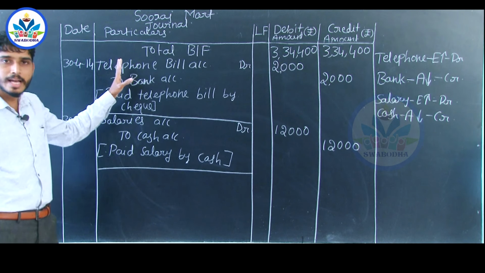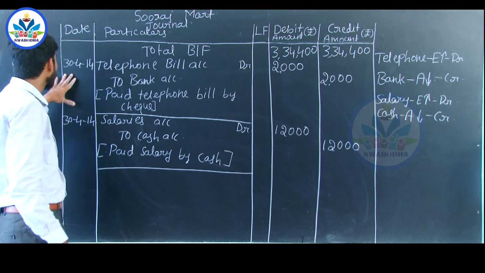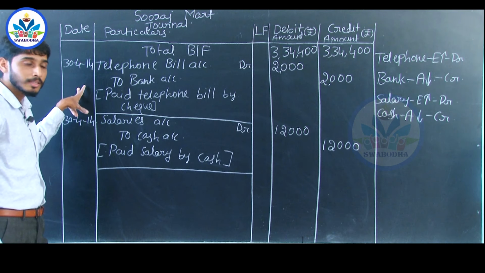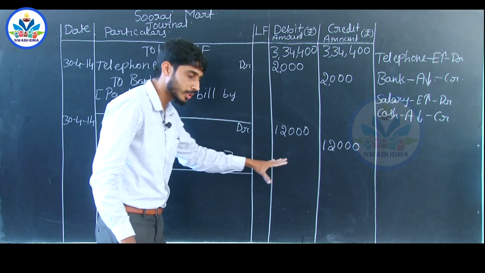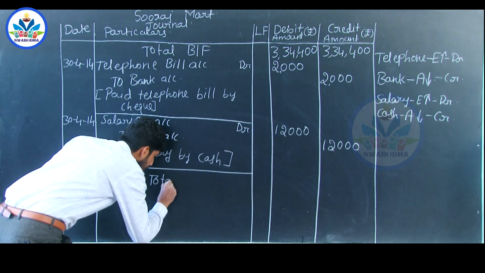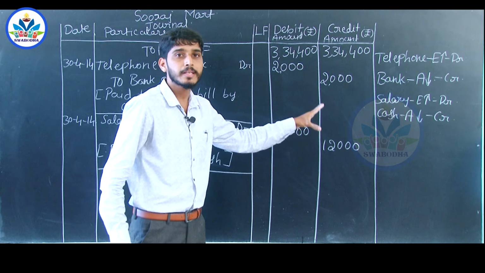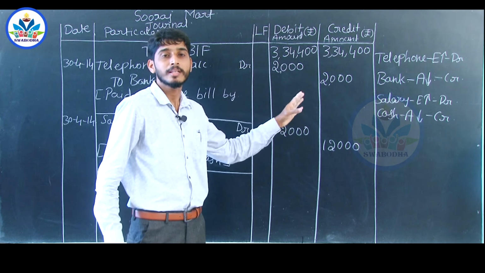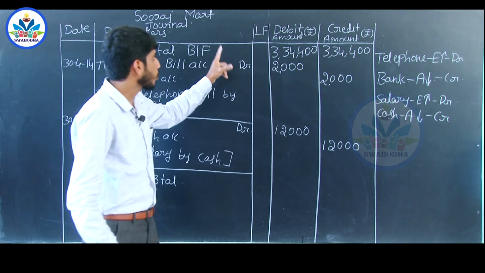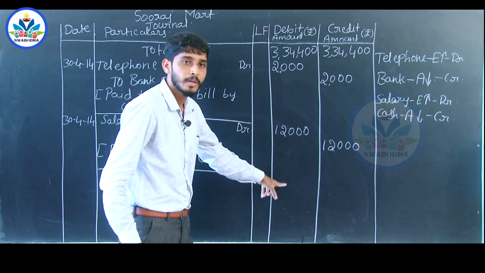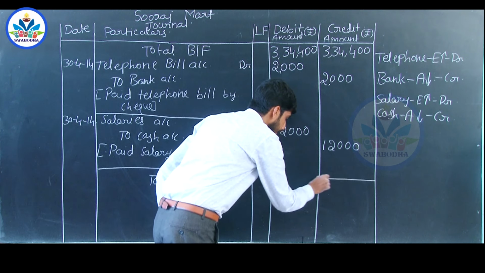So, now all the transactions related to Suraj Mart company have been recorded in the systematic way as per the dates, and after recording all the transactions, you are supposed to calculate the total. The total of your debit column should be always equal to the total of credit. It is based on the accounting standard, that is assets is equal to total of liabilities and capital. Therefore, the total of your debit should be always equal to the total of credit column.